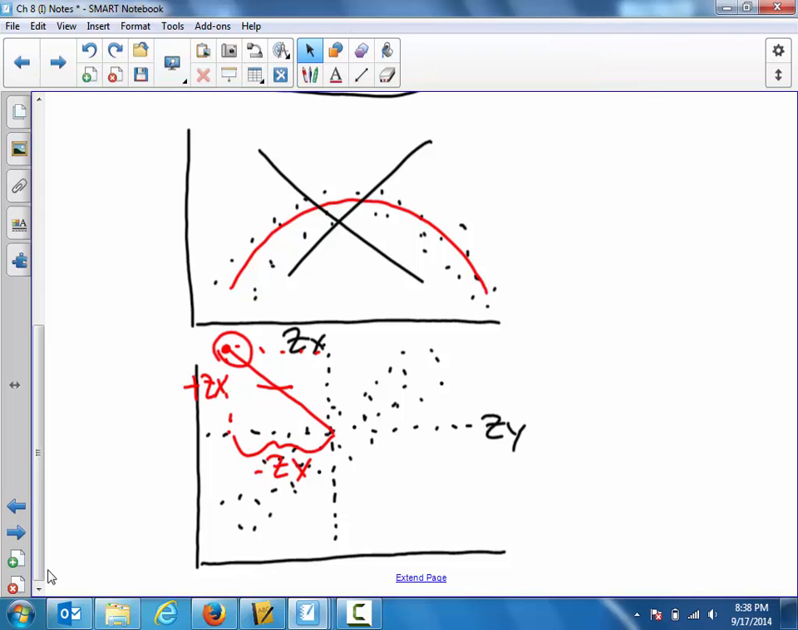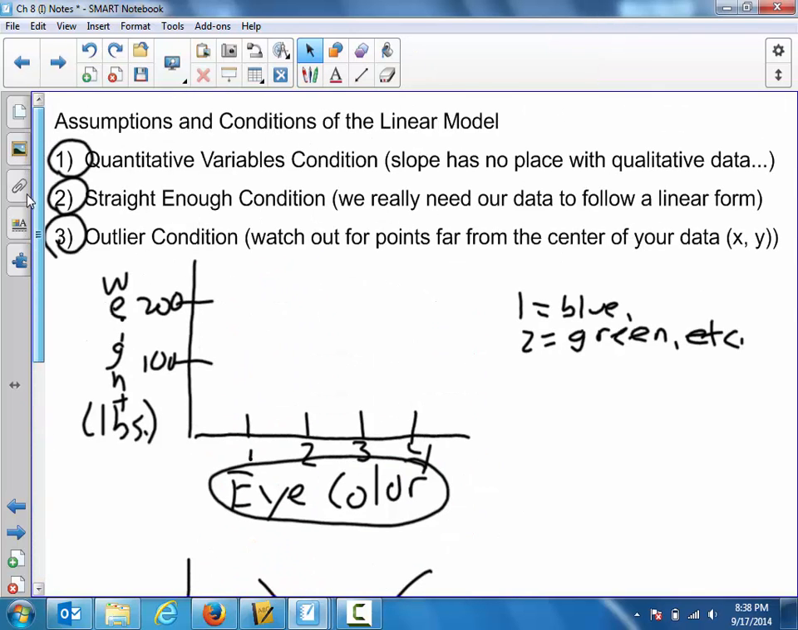Those are the two things that you're looking for that will determine whether or not you've got an outlier in your scatter plot. Okay, so there are the three conditions. In this chapter, I don't think you're going to encounter a lot of problems that don't meet those conditions. There will be a few, but when we hit chapter 10, we're going to look at how we can use